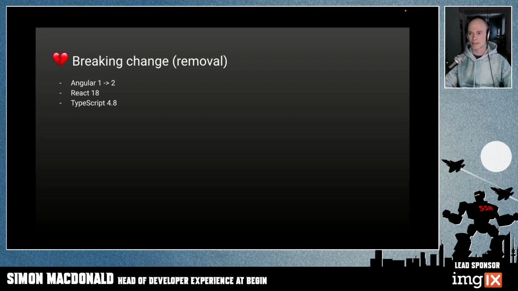React 18 has some breaking changes in it as well. It's handling it quite well because it's breaking things on a major. One of these things includes the way that they do updates. They're batched now. And of course, TypeScript 4.8, which is a minor update, also includes breaking changes, which is not really what you want to see. You want those changes to be introduced on majors.